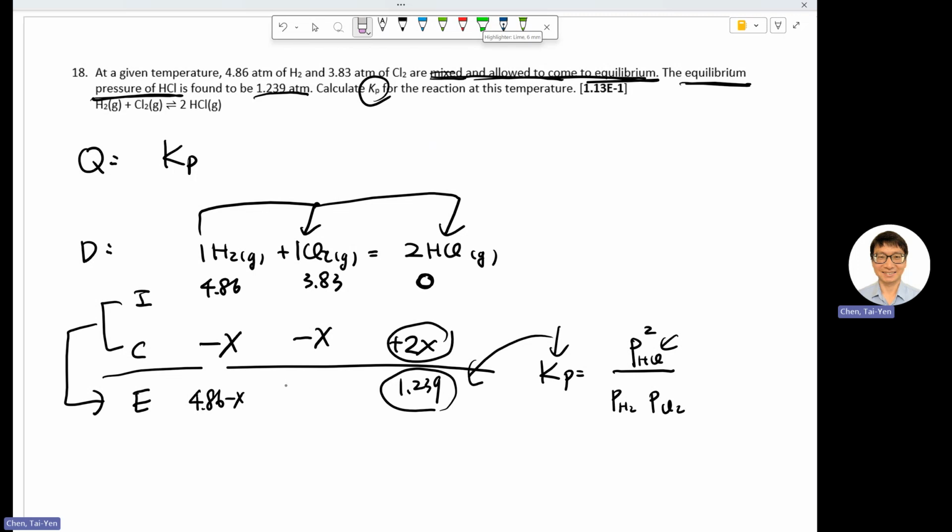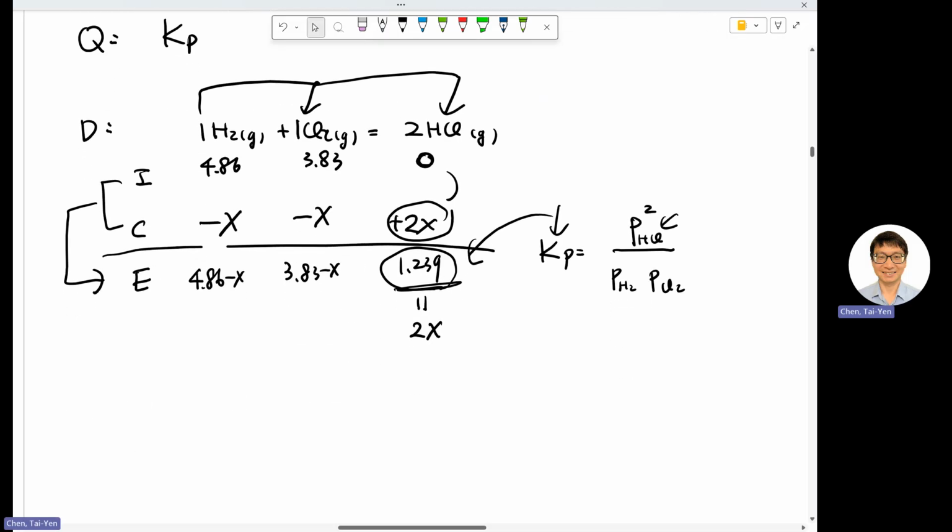This thing will equal 3.83 minus x. This thing is going to equal the sum of these two, right? So it's 0 plus 2x. Therefore, your 2x must equal 1.239. Okay, so 2x equals 1.239. Therefore, your x is going to equal